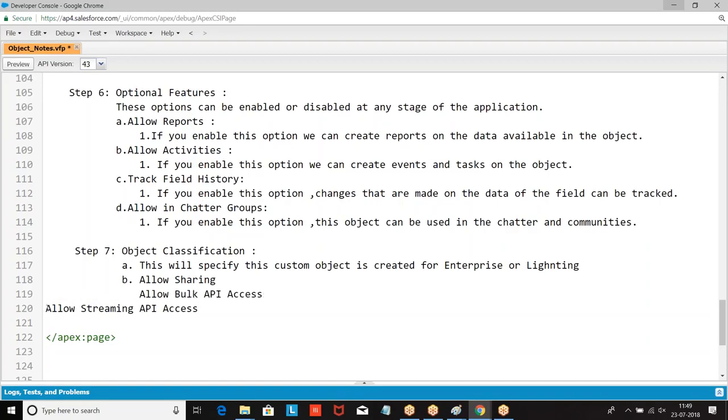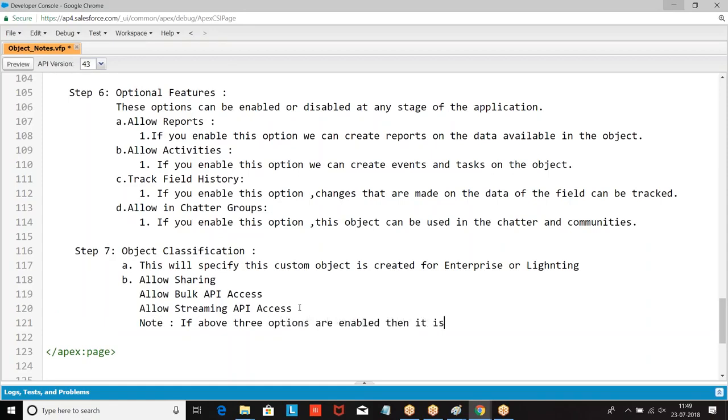We have 3 options: allow sharing, allow bulk API, allow streaming API.